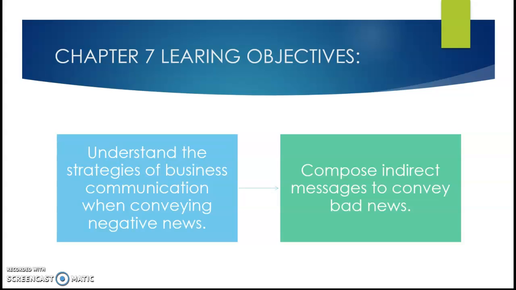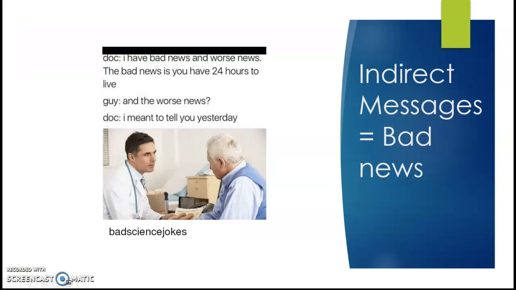Second, then, compose indirect messages to convey bad news. So we're going to talk about the strategy, and then we're going to get specific. How do we send negative news appropriately? Okay, so let's just clarify. We use an indirect strategy when we have to send bad news. Again, the acronym we use is BIL, B-I-L-L, big idea a little later. Now note that BIL is just a little bit later. Our goal is to prepare the reader for the bad news and hopefully explain with logic and reasoning why the bad news is what it is, okay?